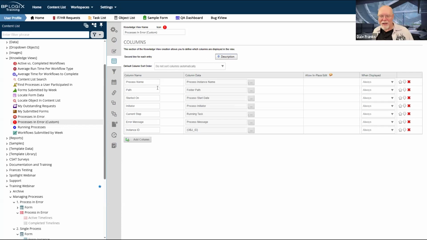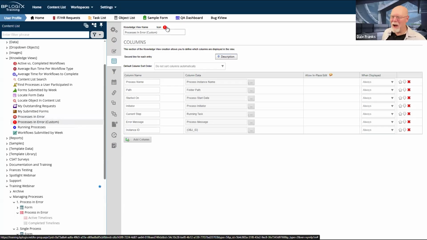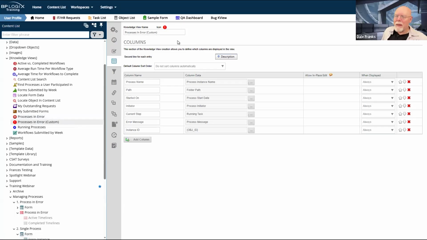You need a process in error custom task. Now, we give you one. It's perfectly fine. Like I said, I've changed it to add in the path. That's really my big argument with that. Well, also, I changed the icon because I hate the old bitmap icons from the early aughts, from like 99 to 09. That said, you can just download it, but you can also create it. It's not that hard to create.